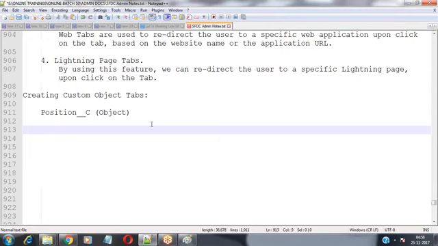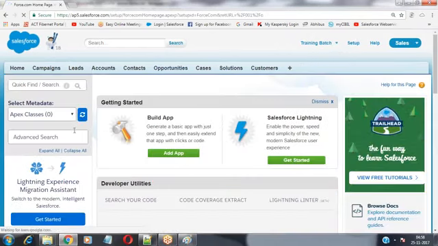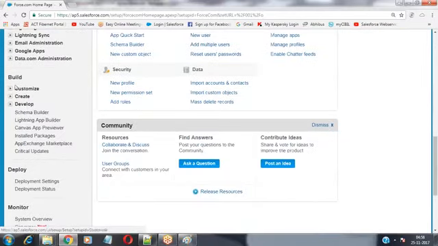Now let's see practically with the navigation process. Let me show you that object name first. In order to see the custom objects information, go to the setup menu on the top right corner. Go to the build menu in the left panel.